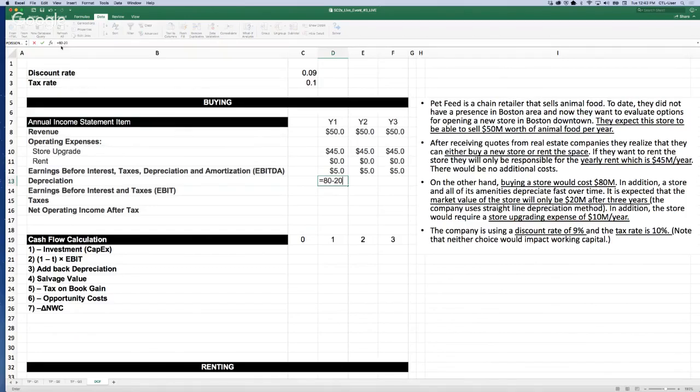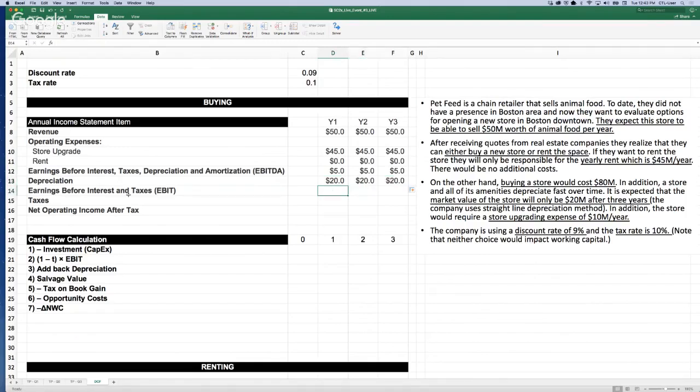Then you divide it by the total number of years this machine will be active, which is 3 in this case. This comes out to be 20. This value remains the same in year 2 as well as in year 3, and in year 4, this goes down to 0.